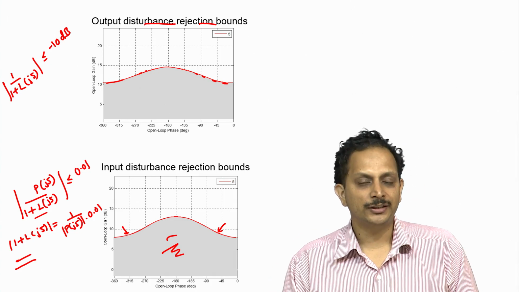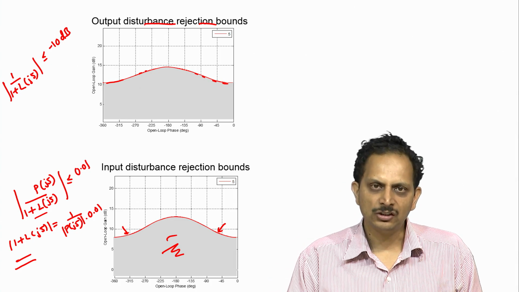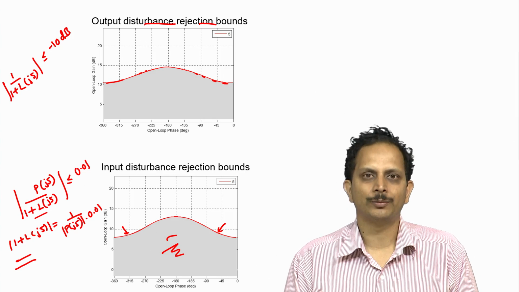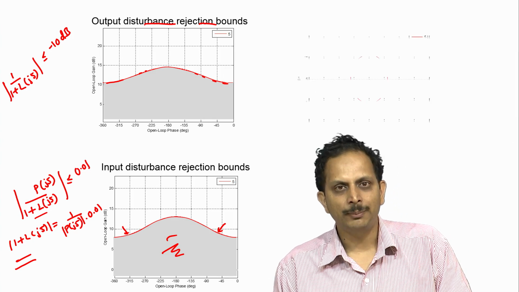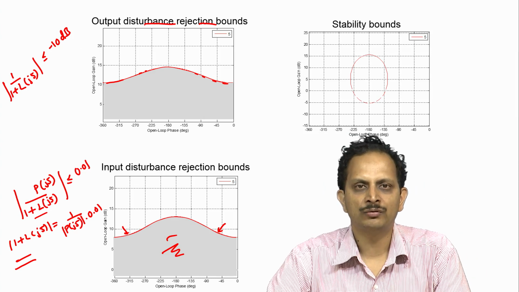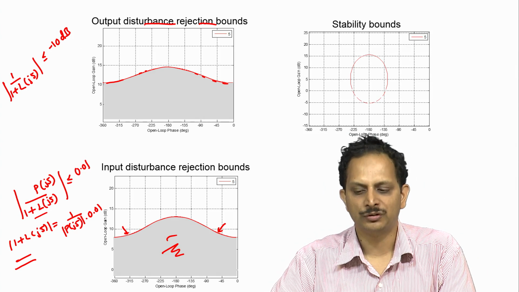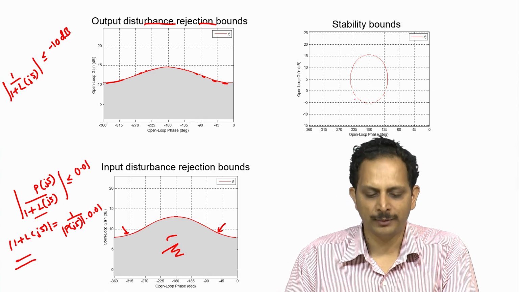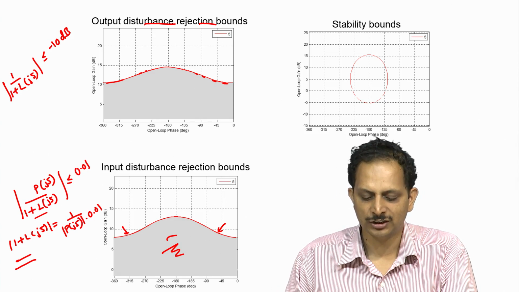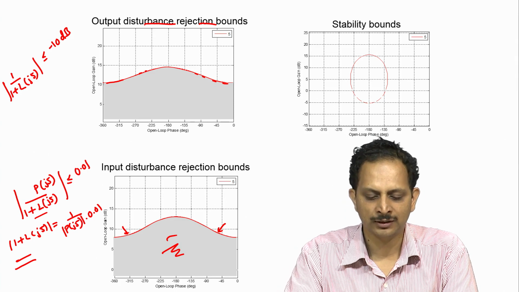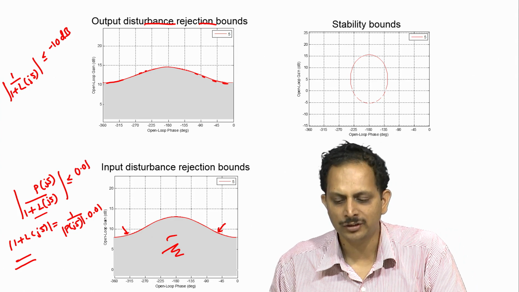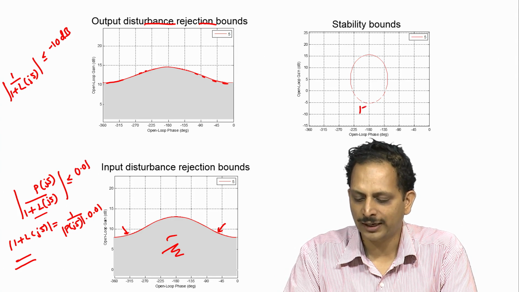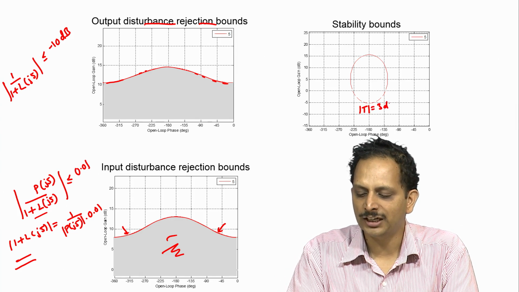The third specification is of stability. We are interested in stability at all frequencies where we are interested in performance as well, and the stability specification, namely that the maximum value of the transmission function should be less than or equal to 3 dB, results in what is known as the stability bound. Just as we had a performance bound for output disturbance rejection and for input disturbance rejection, which were the two red curves in their respective plots, we have a stability bound which represents the curve on which the magnitude of the transmission function is exactly equal to 3 dB.